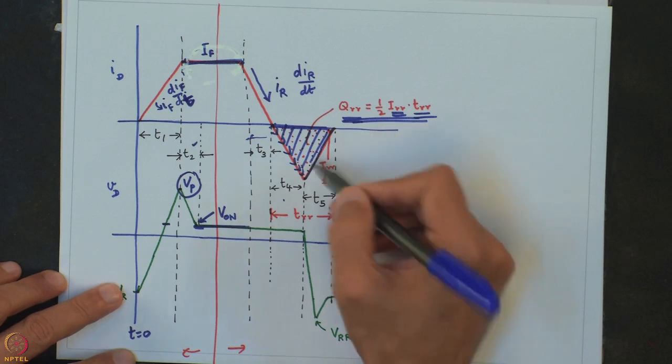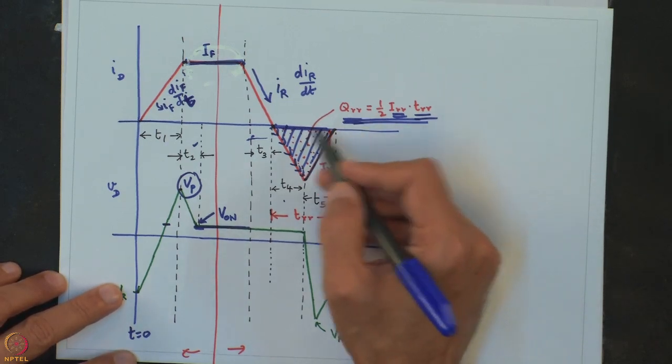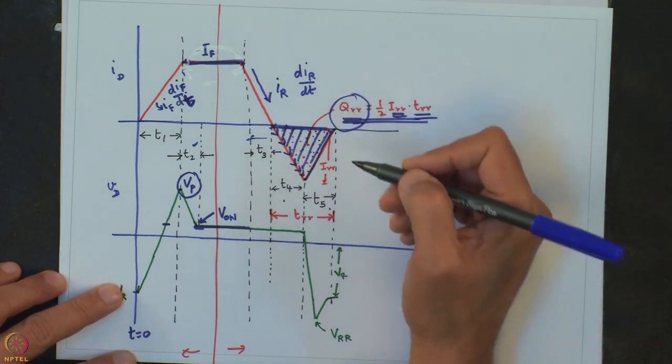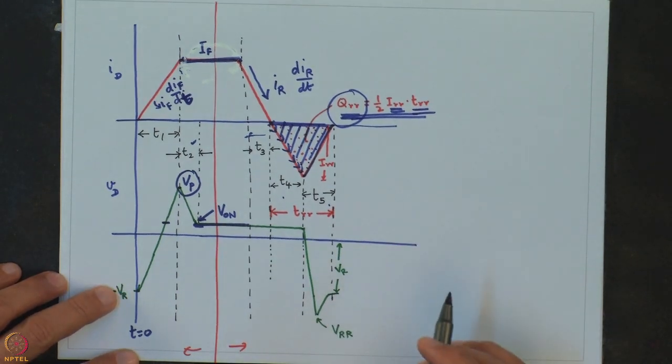So half into the peak current IRR into TRR will give me the area, which is the excess charge carrier that has been removed during the turn off process